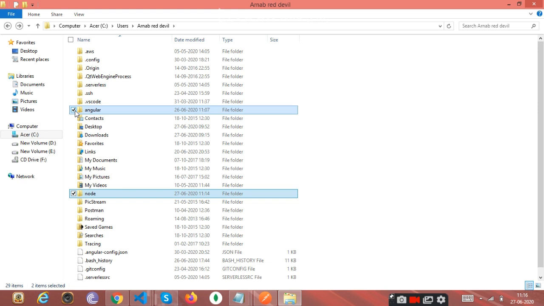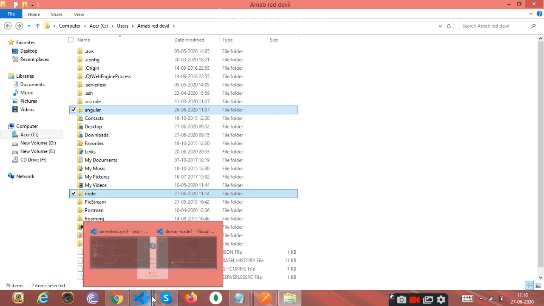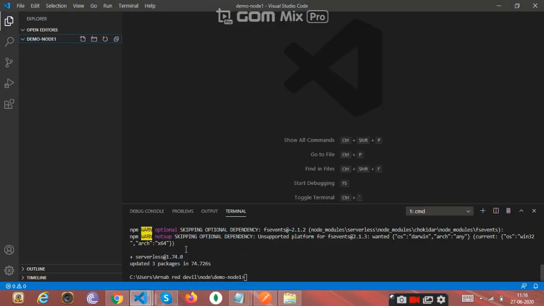When we are cloning a project from GitHub, be very careful that you are cloning a Node project into the Node folder and an Angular project into the Angular folder, because it will help you to understand better. Otherwise it will create complexity. Okay, so let us see our progression.